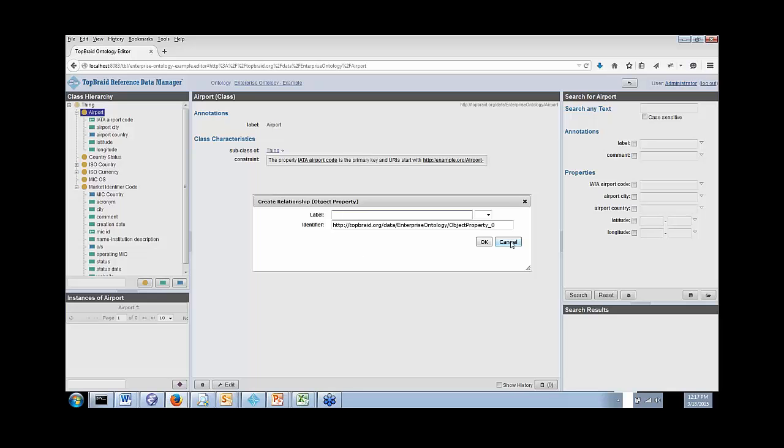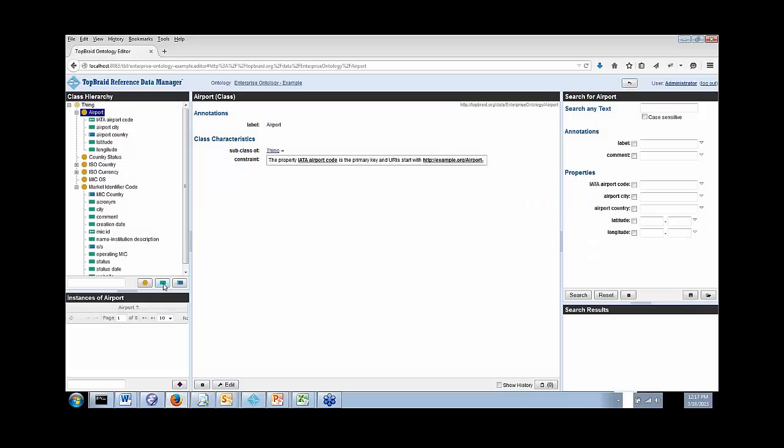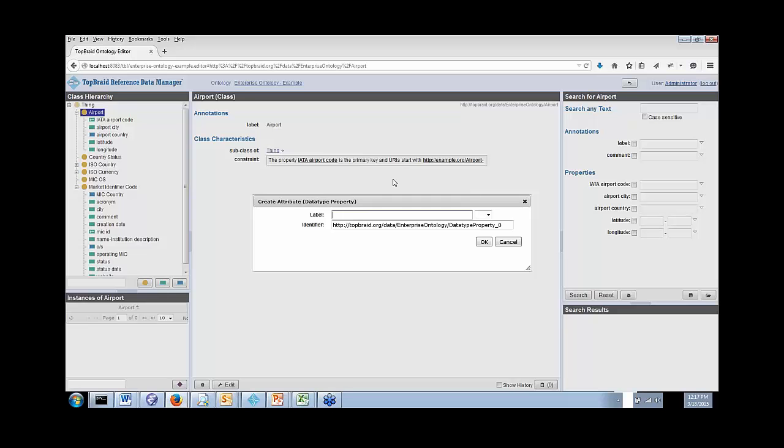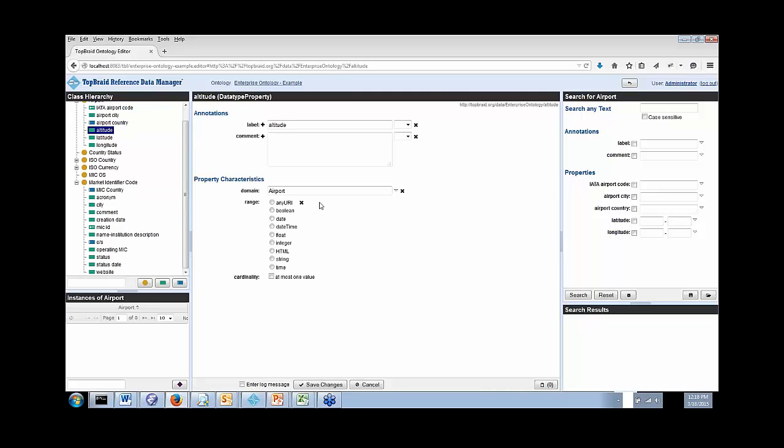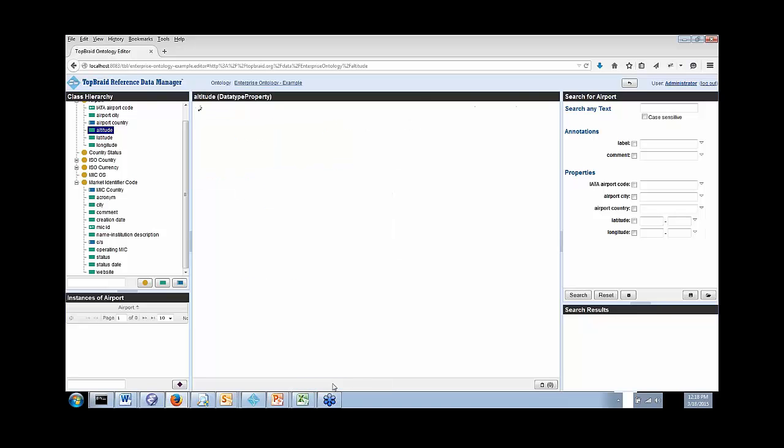Oops, I meant to say not an object property, which is about relationships between codes, but a data type property, altitude. And I'm going to add a little bit of metadata about the altitude. I'll say distance from sea level in kilometers. I'll say it's an integer so that TopRate RDM only allows values that are integers. Okay, so now when we go back and look at airports,